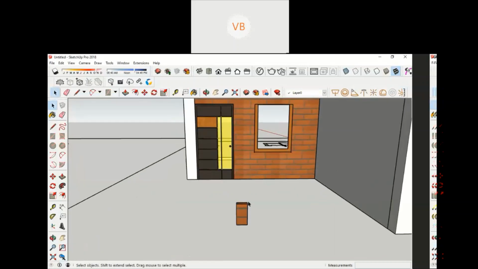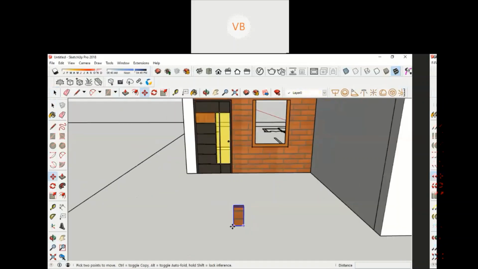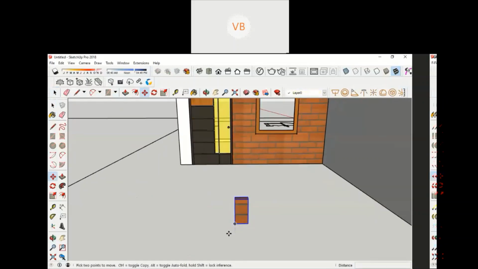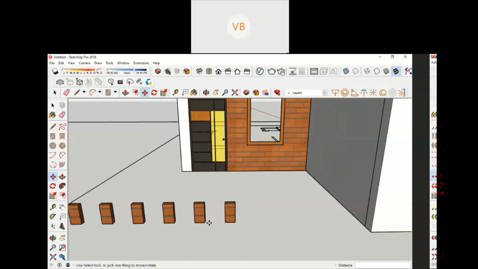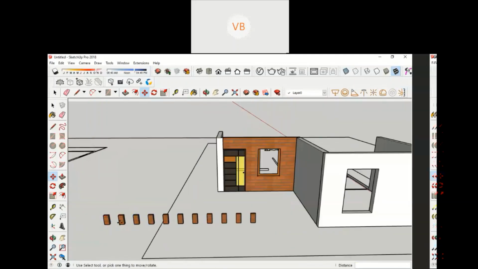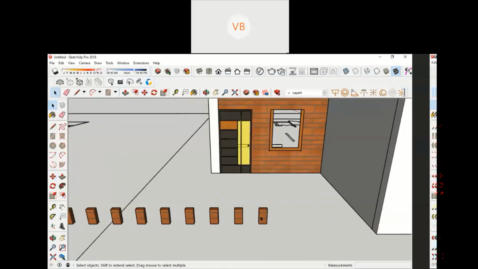Then what I have done is, say I made it into a group and I want to apply it multiple times. Copy: control and move command, specify the distance 2 feet. Keeping it as it is, I want 10 more, then press X and 10. Automatically you'll find 10 copies. 1 2 3 4 5 6 7 8 9 and 10. I made it in a group, that is fine.